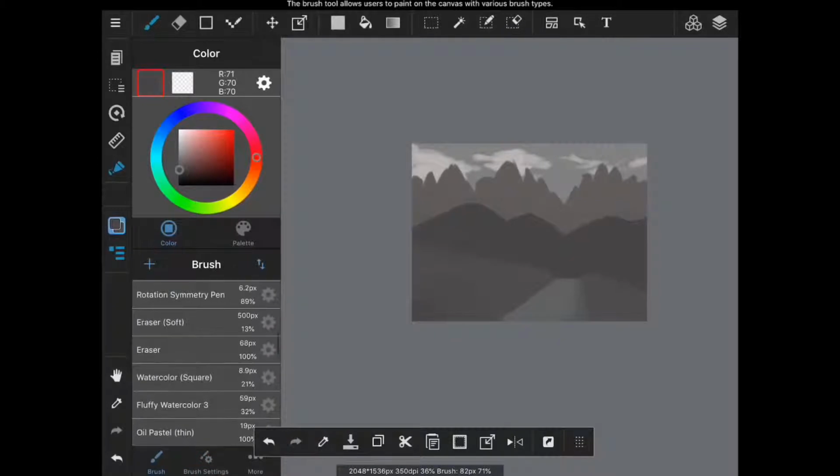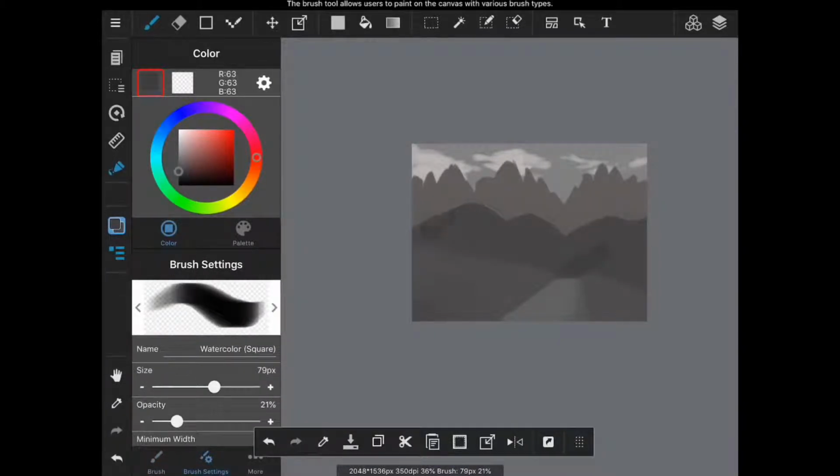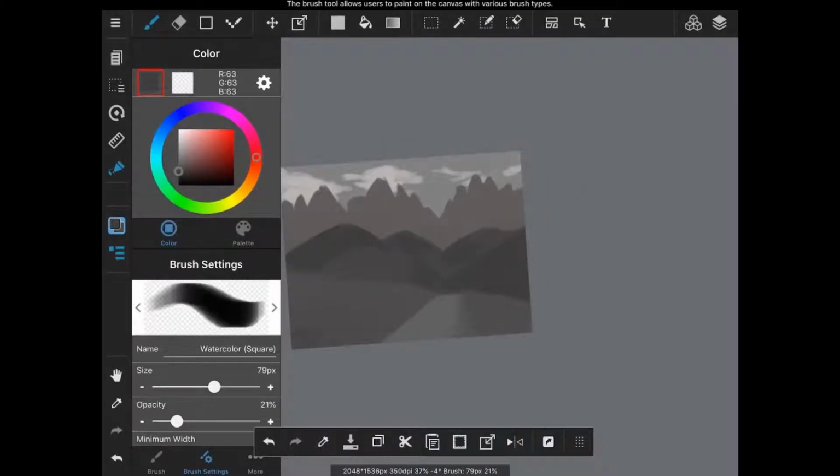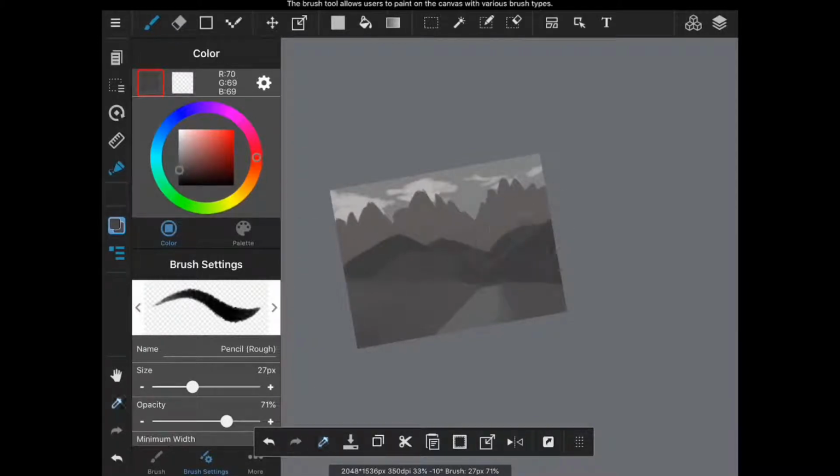So I started over with something that's less contrasting, something that matches the midground a little bit more and blends in well, to add a little bit more detail, a little bit more texture to my hills right there. They're supposed to be hills. They don't look like hills now, but they will soon. Anyway,